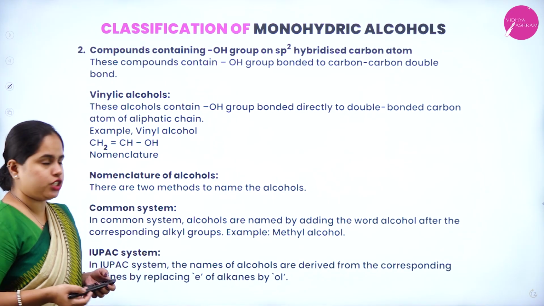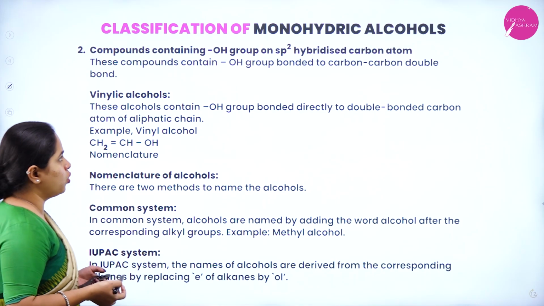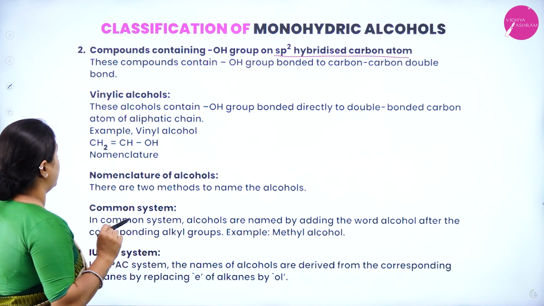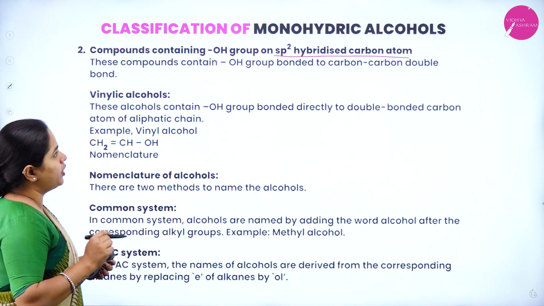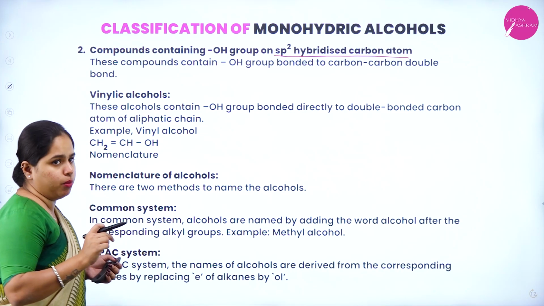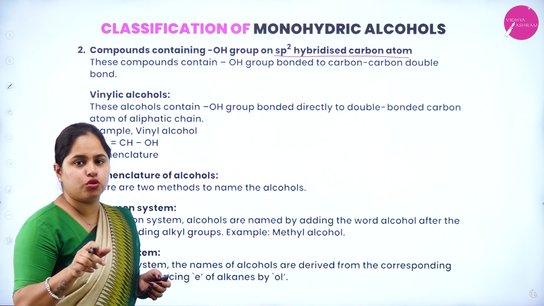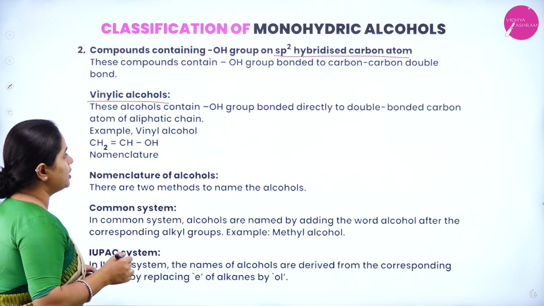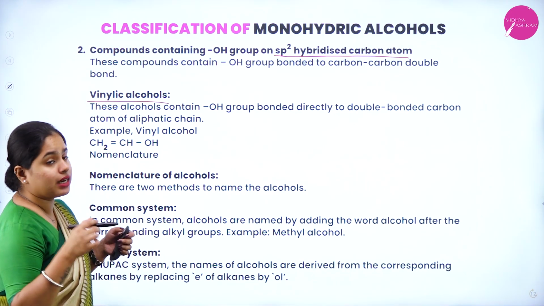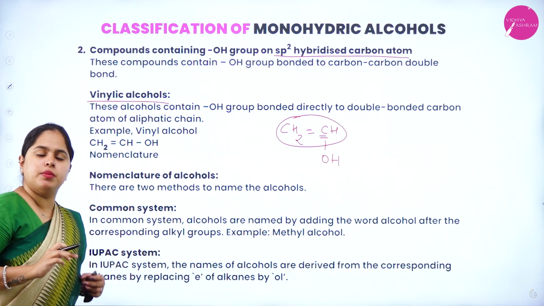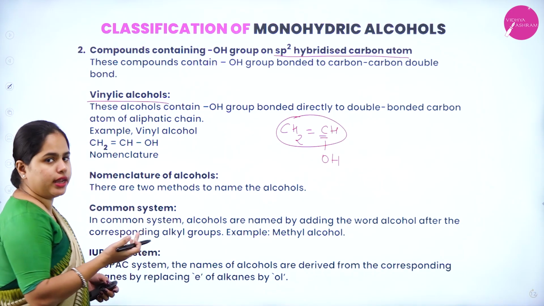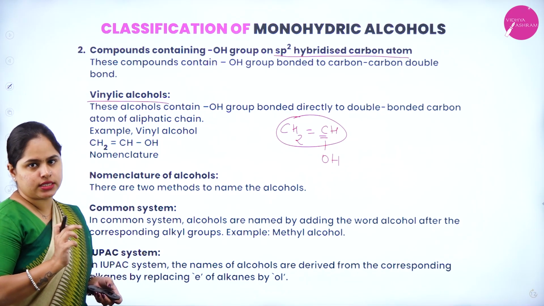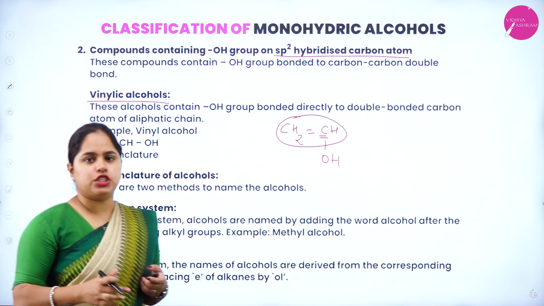Now moving on to the next classification, compounds containing a hydroxyl group based on sp2 hybridized carbon atom. These compounds contain a hydroxyl group bonded to a carbon-carbon double bond. So this is directly attached to the carbon-carbon double bond. The first one is vinylic alcohol. These alcohols contain a hydroxyl group bonded directly to a doubly bonded carbon atom of an aliphatic chain. One example is shown here, CH2 double bond CHOH. As you can see here, the hydroxyl group